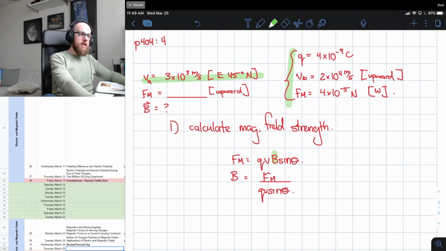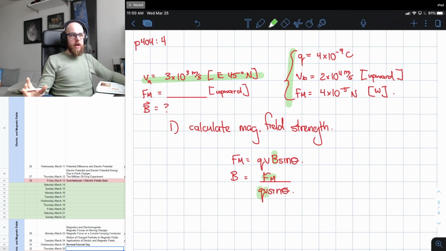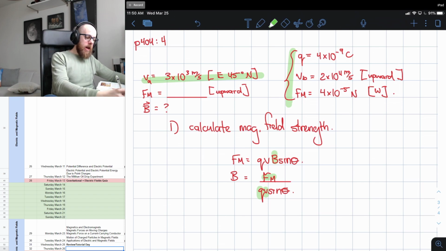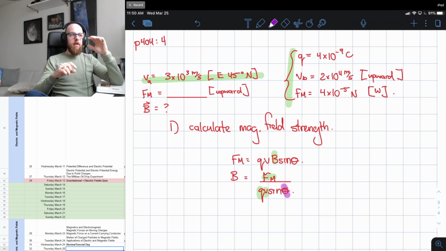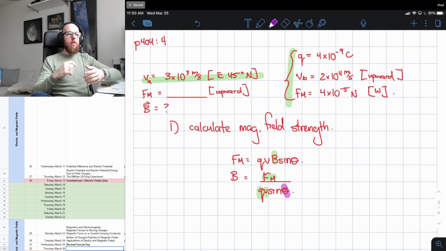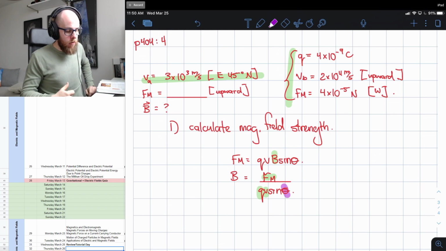Yes. Okay, let's visualize that, right? So, yeah, thanks, Costa. If I look at this, I notice I already know what Fm, what q, and what v is, right? So I don't have to worry about those, but I'm missing a value for theta. I don't have a value for the angle between my velocity vector and my magnetic field, and that's problematic. So as you said, Costa, now what I have to do is use the right hand rule,